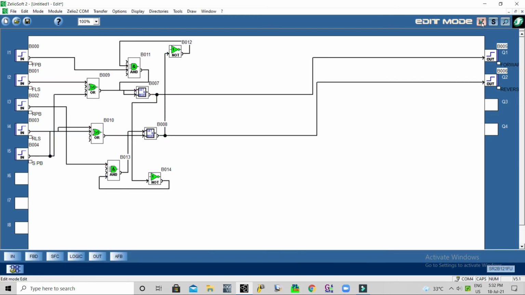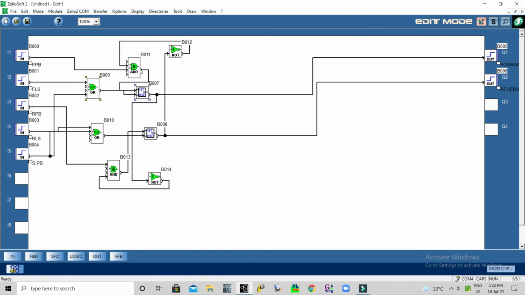I will explain once more. Forward push button and reverse push button, with limit switches and stop input. When you use this latch relay, if you give set, it will switch on the output until you give reset.